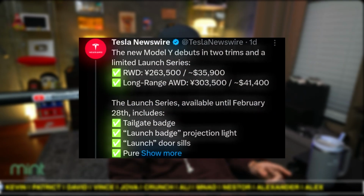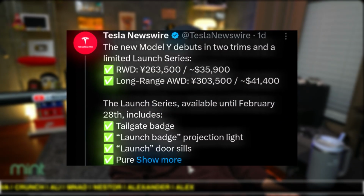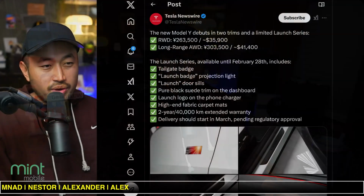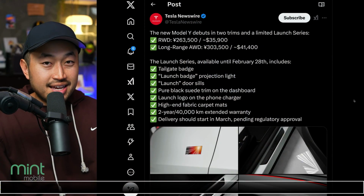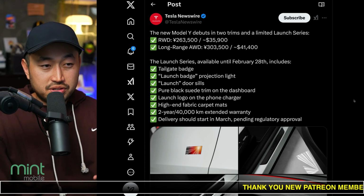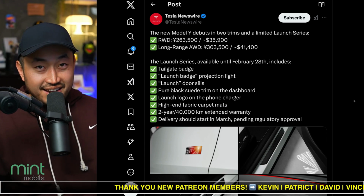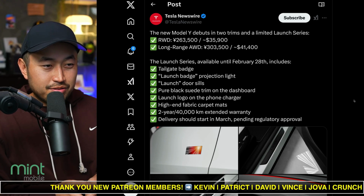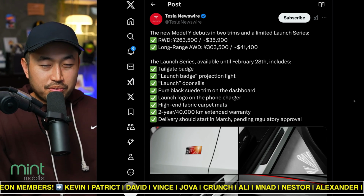Let's talk about what price the refresh Model Y Juniper will be, and talk about the prediction of it, because we can take some cues from what Tesla is doing in the China market and try to figure it out. We'll look at some historical data as well to see what price this Model Y will actually come out at when it comes out in the US. We'll talk about when it comes out tomorrow in the other video, but let's talk about the price first,